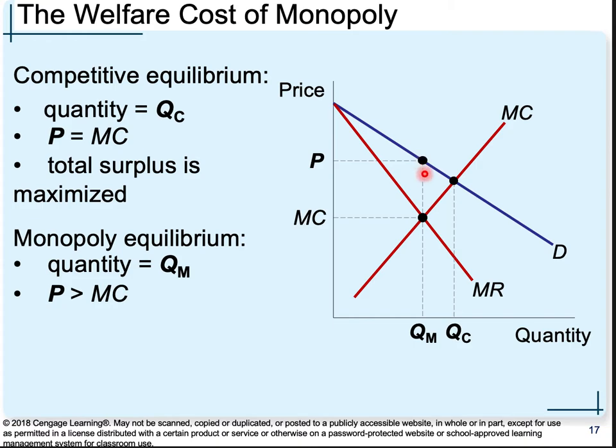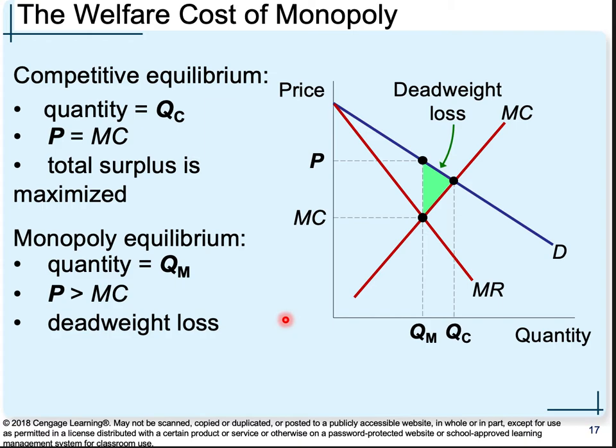Now this triangle on this right hand side, this is our deadweight loss. This is the negative effect of having a monopoly. So again, just make sure you know that. Okay, we're also going to do some practice problems. I'll have a video of just a couple of practice problems on how to calculate the math, if you need more time with it.